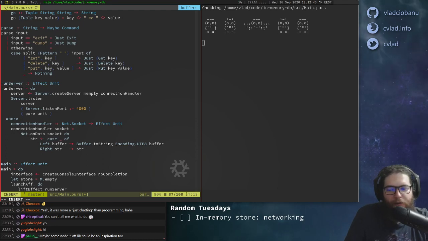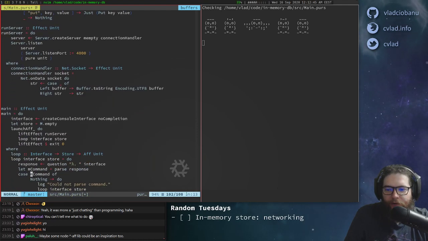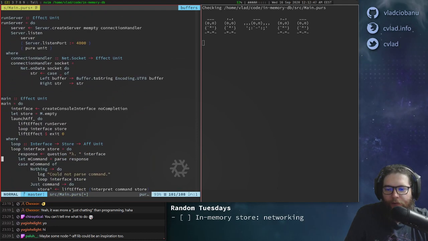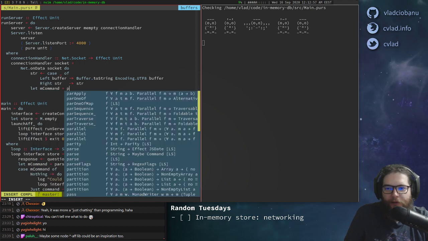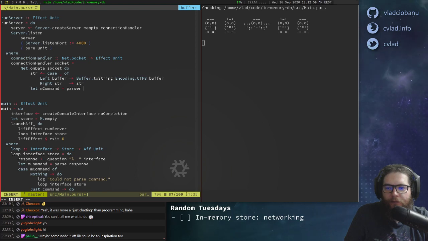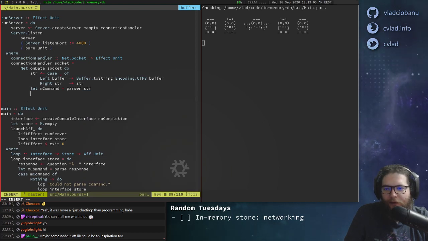And now, since we have the string, we could pretty much do the same thing as here, right? So we could do parse, and let m command, and we'll worry about refactoring later, right? So it's parse, well, it's str in this case, and then case m command of